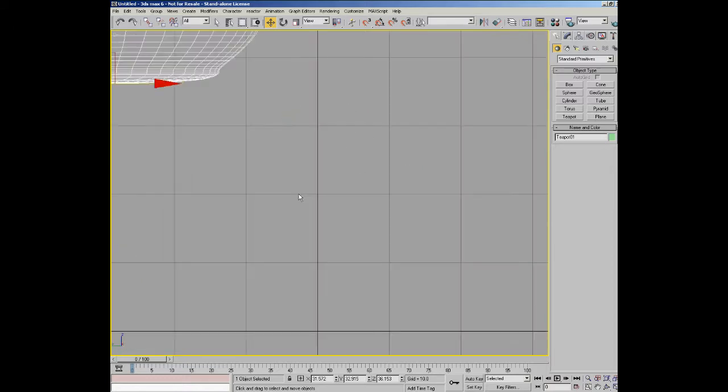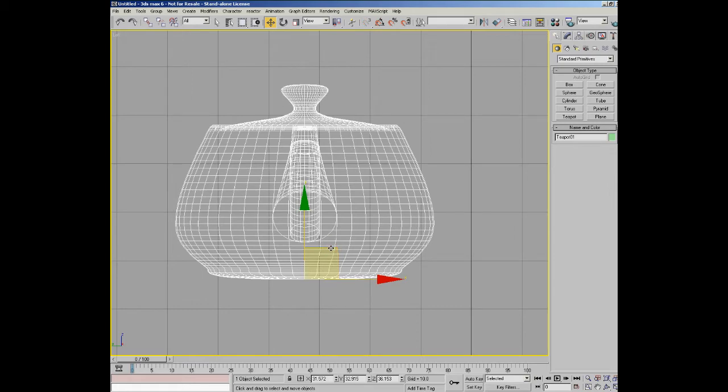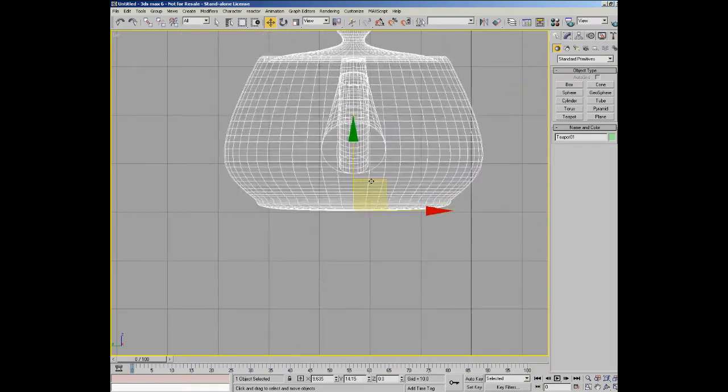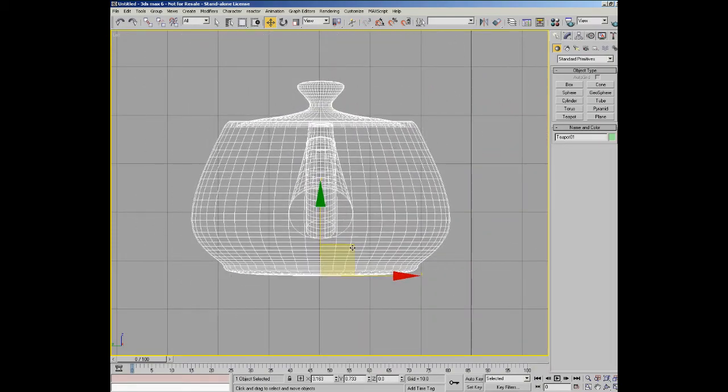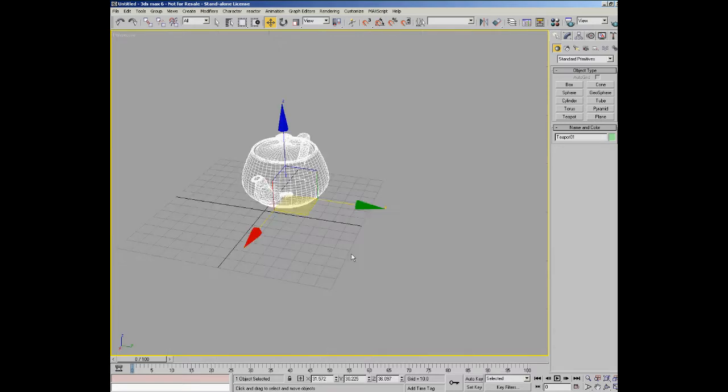If I look in a left viewport, you can see that you only have certain axes which are visible, in this case y and x. So you can see you can actually limit the way you can move an object by looking in one of the orthographic views, and this is quite a common method. If you want to ensure that you only move in one plane, you can change to, in this case, a left-hand view, and then you can move an object and you know it's just going to move in only two axes at once. So I'll press P to go back to perspective,